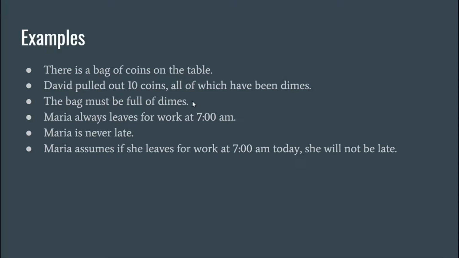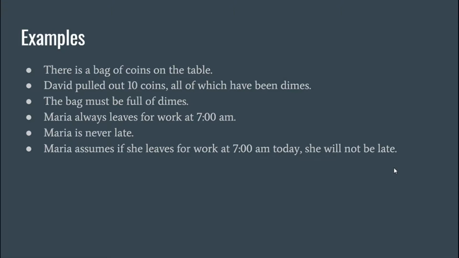Okay, so let's take a look at another instance here. So Maria always leaves for work at 7 a.m. Maria is never late. So Maria assumes if she leaves for work at 7 a.m. today, she will not be late. Okay, I know what you're thinking, that sounds like deductive reasoning to me, but it's kind of not, because this is a specific instance. This is a little bit more general, and this is actually a more general statement than it is coming to a conclusion,